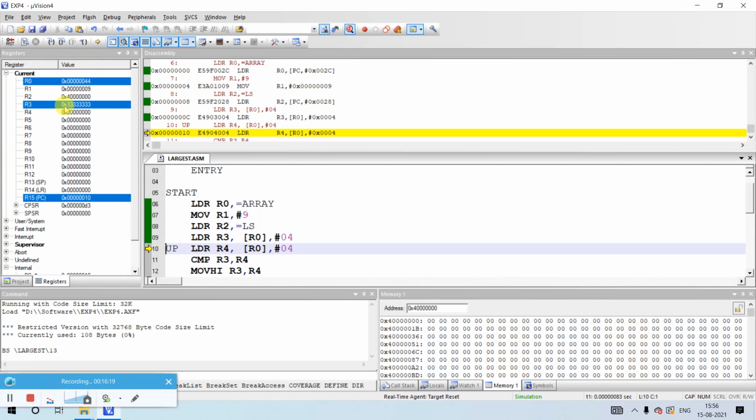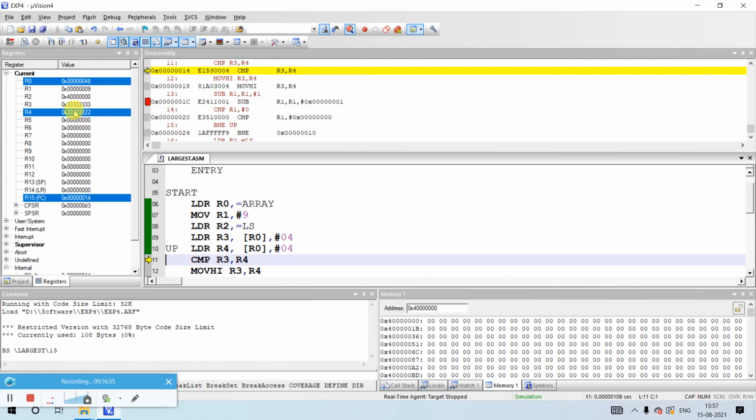And of course, you see R3 is holding the first number, as I already mentioned, because R0 is pointing to the base address. In the base address, what data is stored? 3333, right? Next you see, when R0 comes, it will come with 22222, because whatever is in R0 is stored in R3, and R0 is incremented by 4 bytes so that you can get the second data. So this is the way it works.